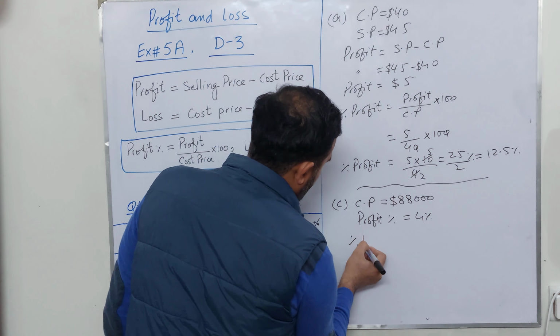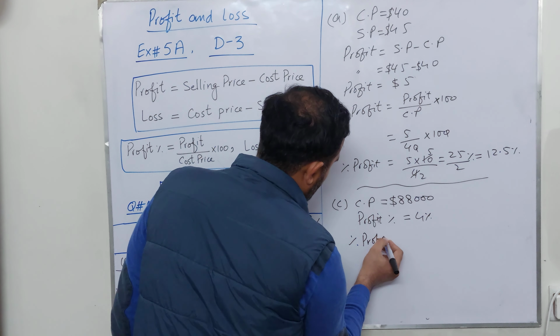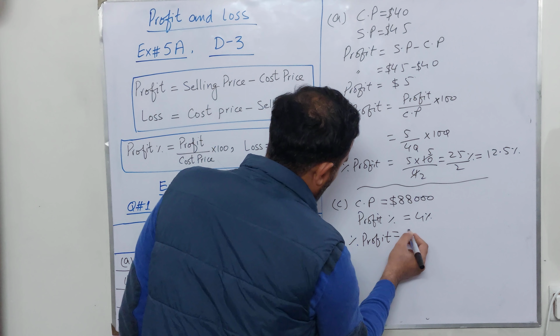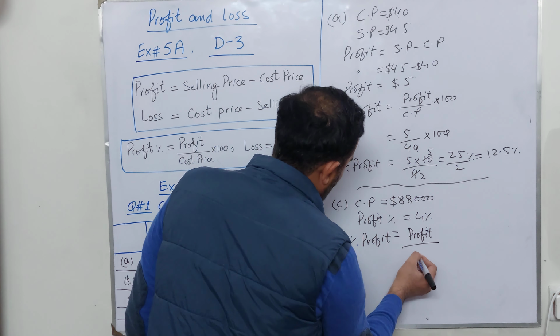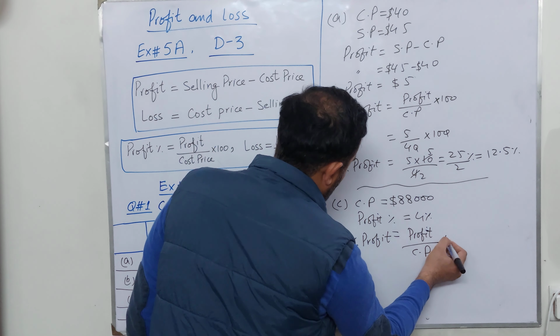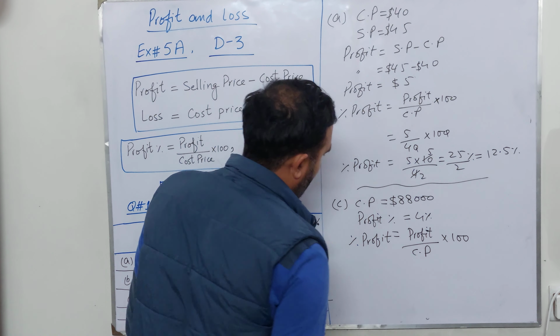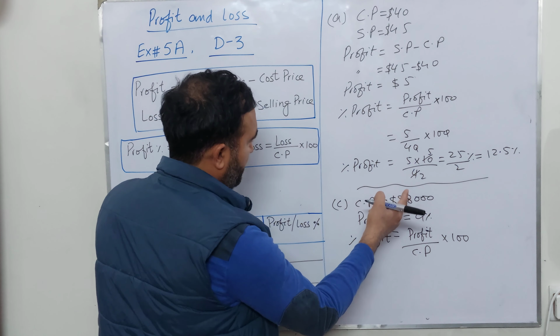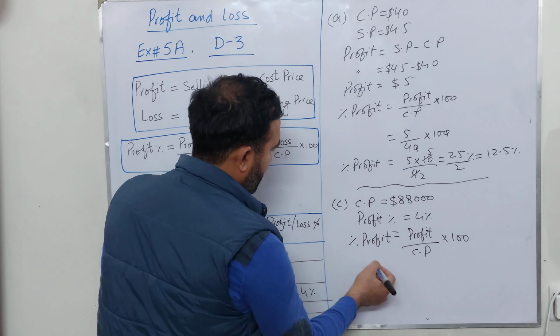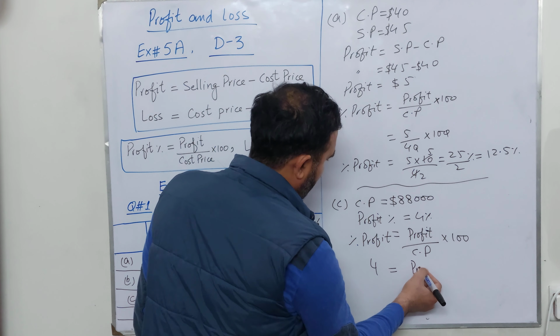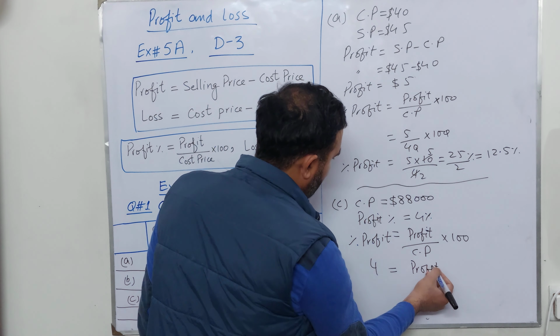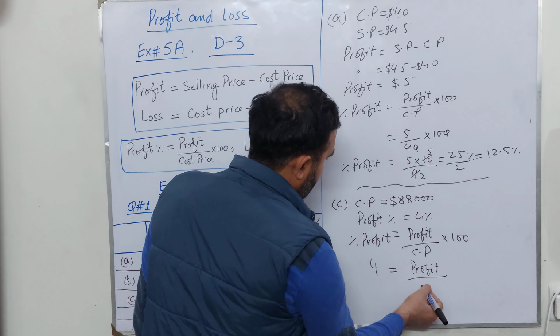So we know that percentage profit is equal to profit divided by cost price multiplied by 100. Okay, so in this case we have profit percentage is 4, and profit is unknown over here because we are going to find profit, and cost price is 88,000